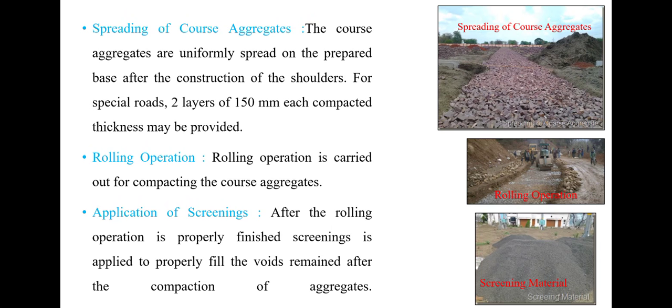Generally, you all might have seen the rolling operations taking place in nearby construction sites. On super elevation points of the road, rolling is commenced from the inner edge and proceeds gradually towards the outer or upper edge of the pavement. Likewise, for super elevation it is simply the vice versa. Why? Because in super elevation the outer portion is elevated.